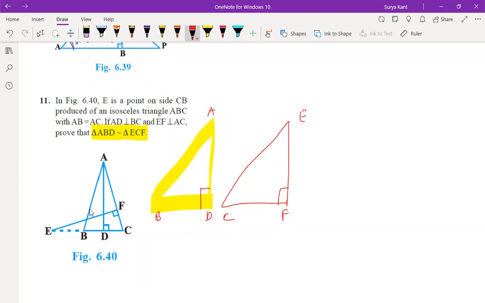E is a point on side BC produced of an isosceles triangle ABC. These two sides are equal. It means that AB is equal to AC, we can write, right? If these two sides are equal, then both angles are equal. This angle B and angle C, right? In triangle ECF, angle B is equal to angle C, right? So by AA similarity,